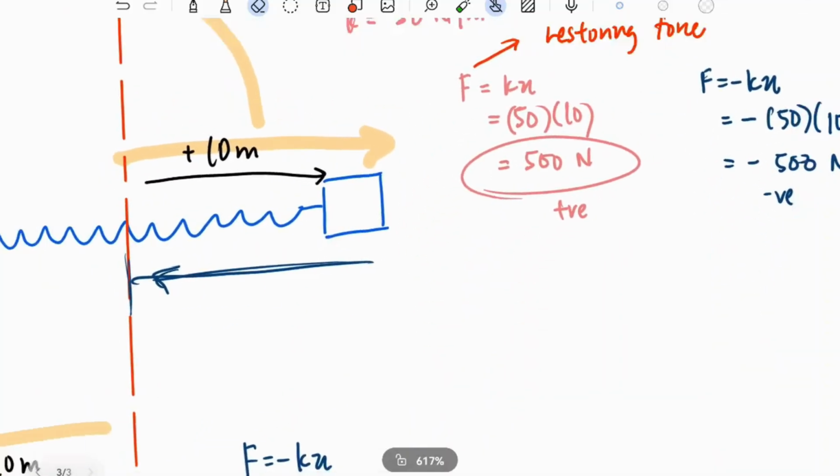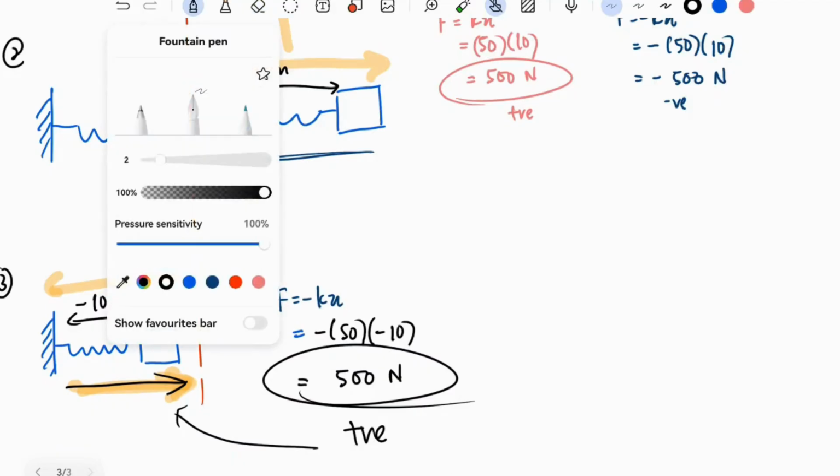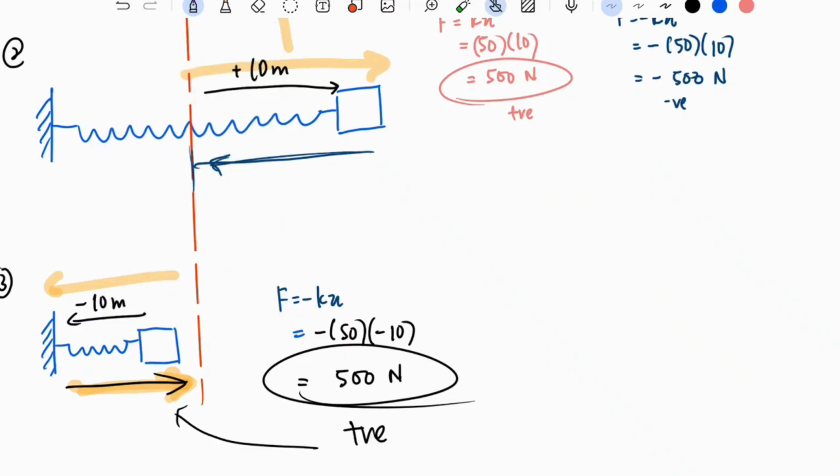Okay, let's talk about something a bit different now. What if I want to know the motion of my spring? I want to know about the acceleration of my spring. What can I do? I can talk about net force. And we know net force has a formula F equals to ma. Now,